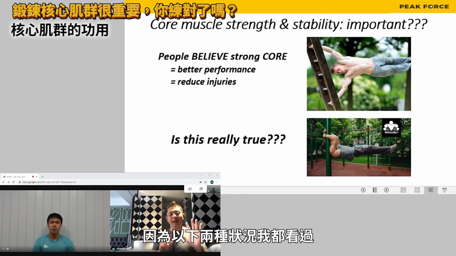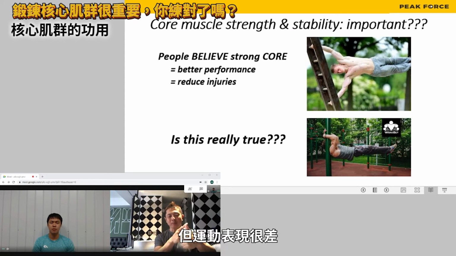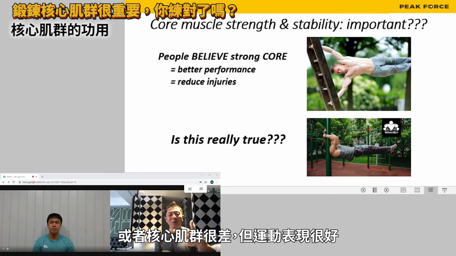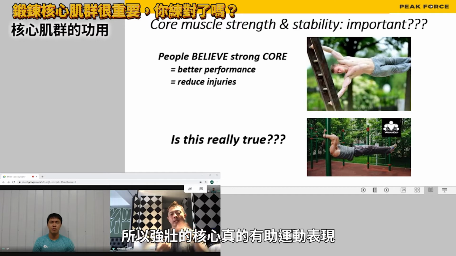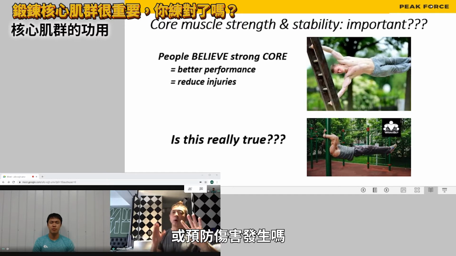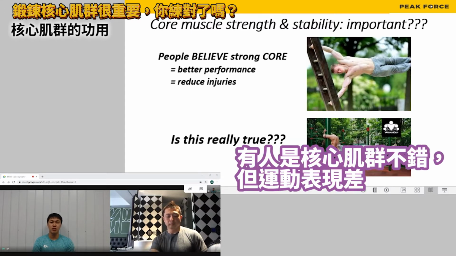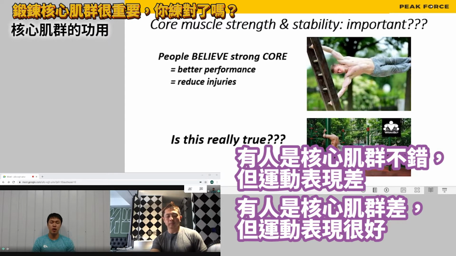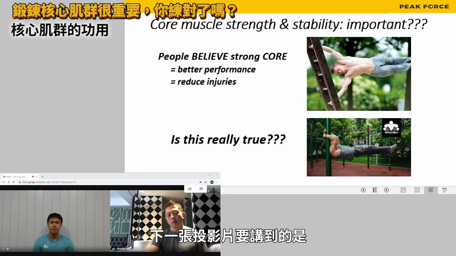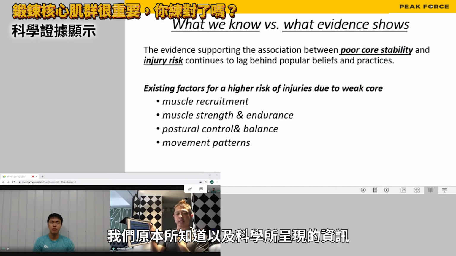The real question is, is it really true? Because I've seen both. I've seen people with really good core strength but really bad sports performance, or people with a really weak core but very good sports performance. So is it really true that it helps you play sports better or prevents injuries? 但是事实上真的是这样吗？我看到两个状况，一个是有很强壮的核心肌肉，但运动表现不好；另一个是运动表现很好，可是核心肌力很差。那真相到底是怎样呢？我们待会会一一解析。